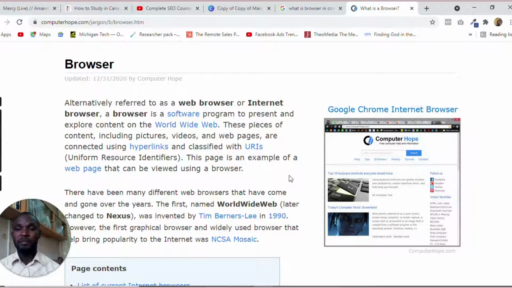Alright, so first and foremost, the first point that I would like to outline, to identify, is that you need to understand the speed of the browser that you are choosing. How fast can this software help you achieve the goal that you want to achieve?